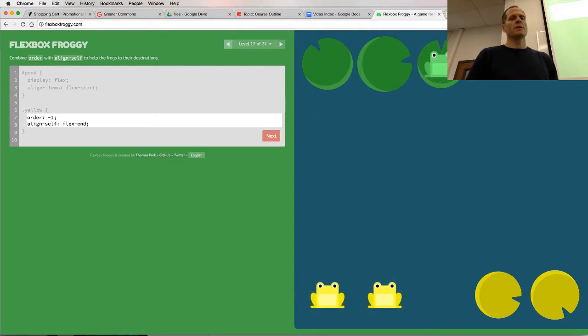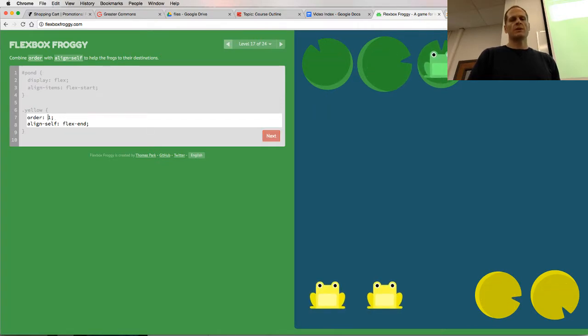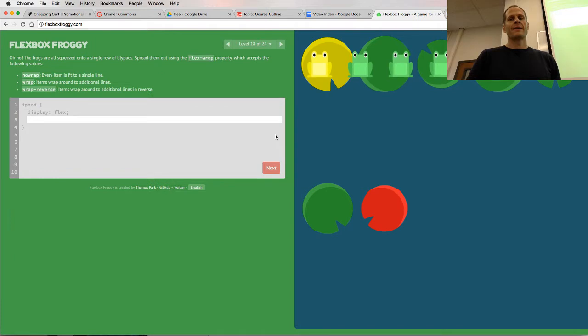There's -1. -1's before 0. Here's 1. 1's after 0. So the greens are all 0 by default. -1 puts him in front. 1 puts him after. Okay. Cool. I don't know why you wouldn't just modify the HTML, but